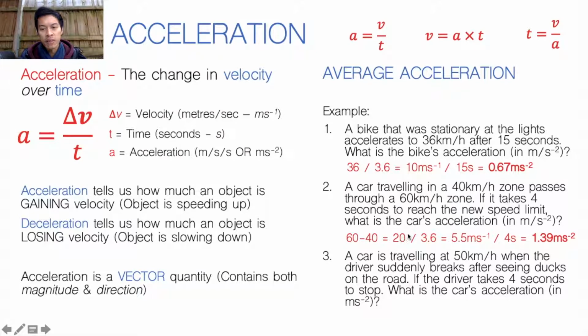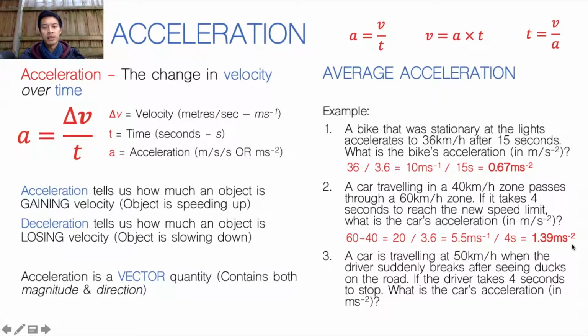And remember, once again, because the final unit is in meters per second squared and the original units were in kilometers per hour, you have to convert kilometers per hour into meters per second first. So 20 kilometers per hour, which is the change in velocity, divided by 3.6 will give you 5.5 meters per second. So that's the unit for velocity that we want, in meters per second, okay? So 5.5 meters per second in 4 seconds, right, so divided by 4, will give us 1.39 meters per second